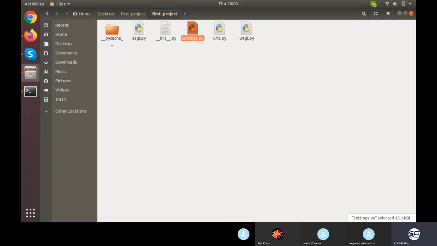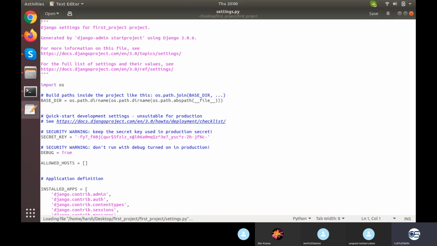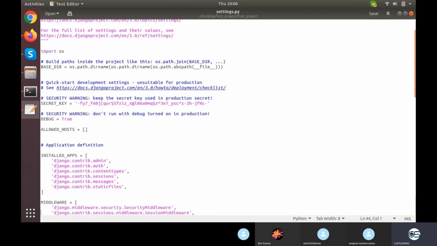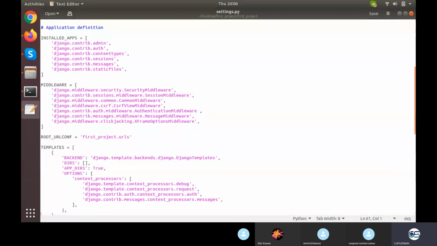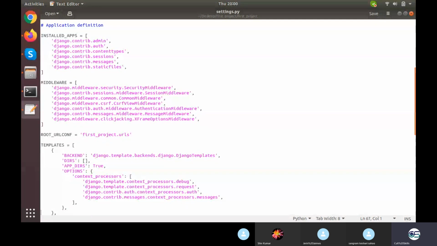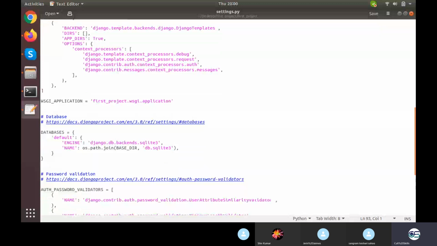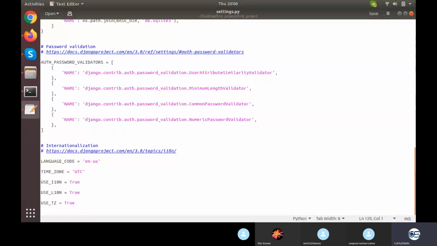This settings.py will have the configuration related to this particular project. I'll open that and let's see what all is there. It has some base directory stuff, a secret key, debug, allowed hosts, installed apps, and all that. A lot of configuration: what the middleware will be, the root URL config, templates, WSGI application, databases, auth password, all the things related to the project, related to the entire website, the entire scope of Django. I'll be closing it now.